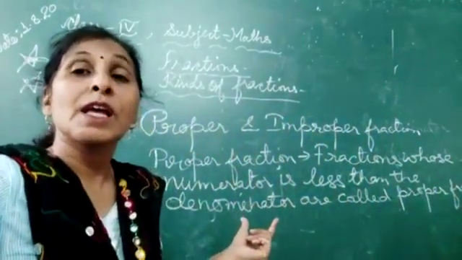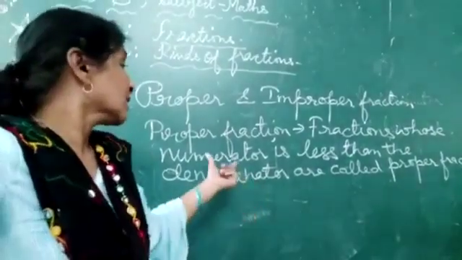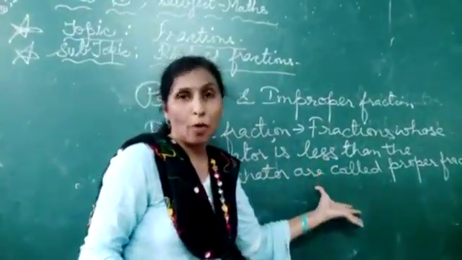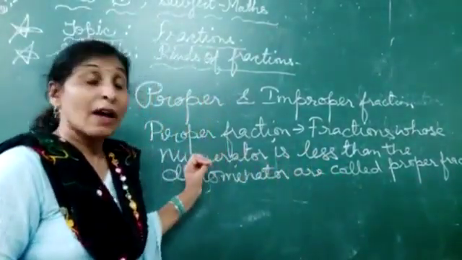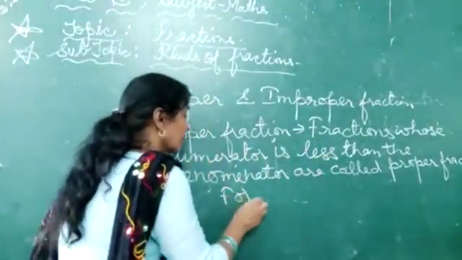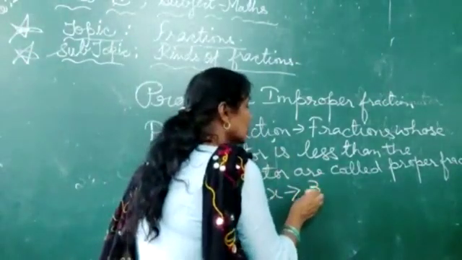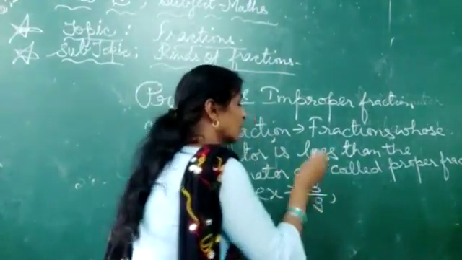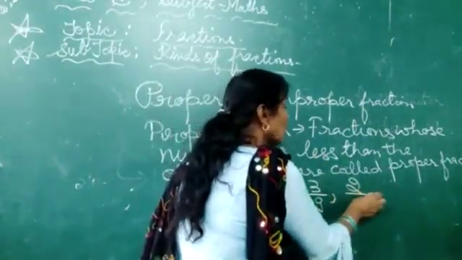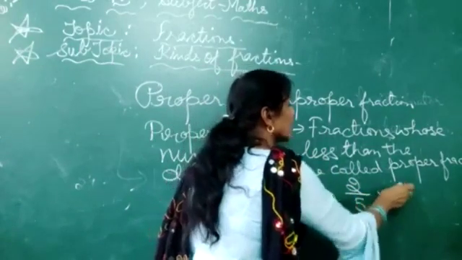Students, this is the definition of proper fraction. For example, 3/9, 2/5, 6